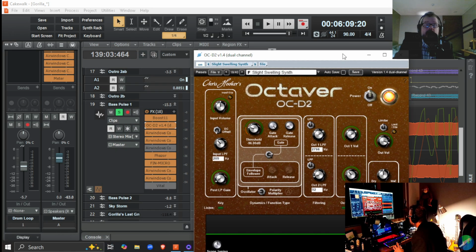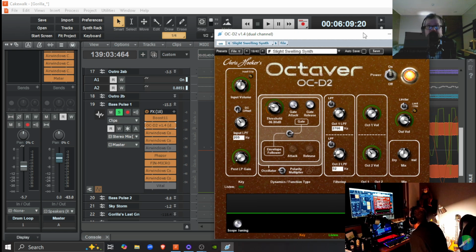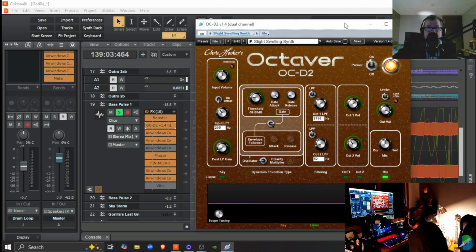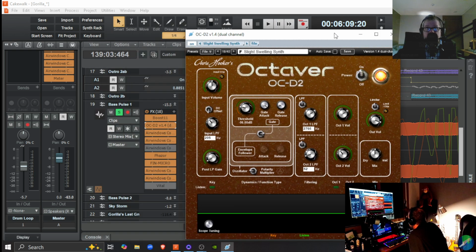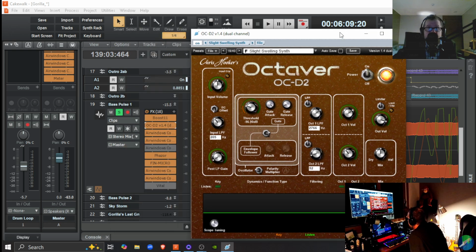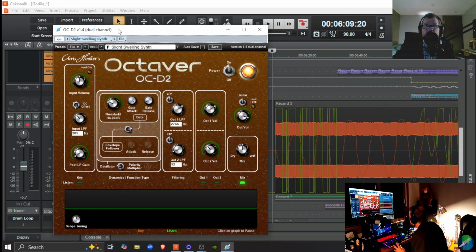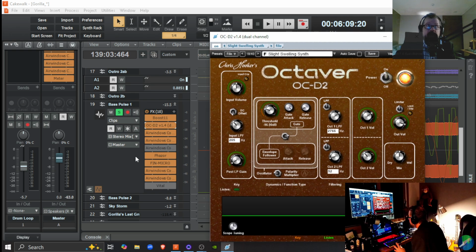I've got this thing going. So I was thinking that I would like to use some kind of VST effect plugin that would make this sound more like a synth. Let me just A/B some of these plugins that I've got on this track that I'm working on texturizing right now.